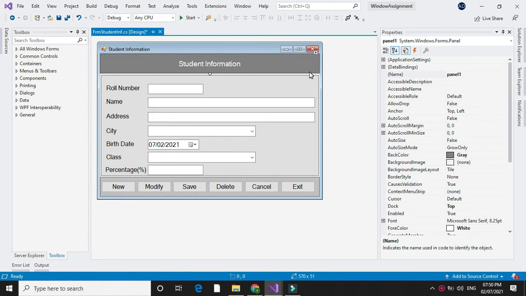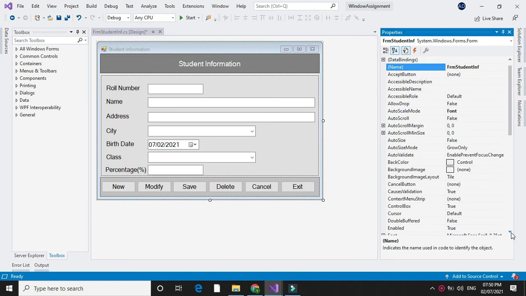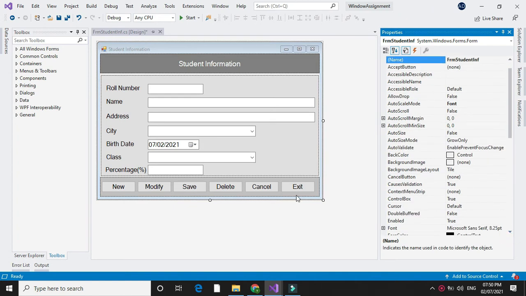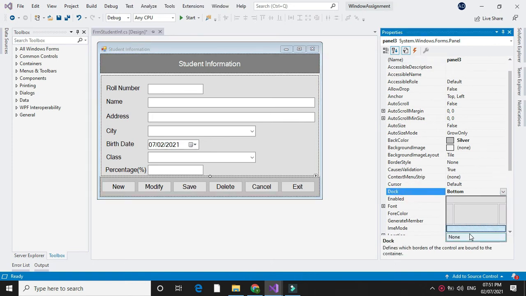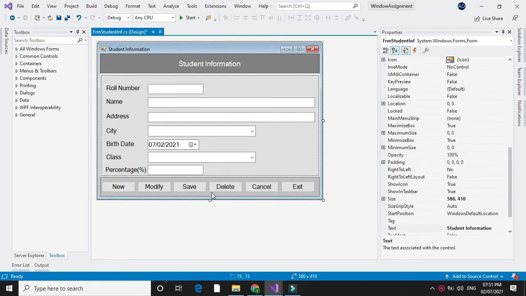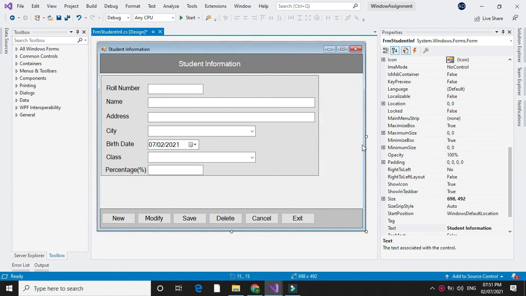Here I have used the Dock property for the first and third panels, which is used to set the position of the panel on the form. I will select this. I have used the Bottom property, so if I increase the form's length, the position of this panel is fixed at the bottom, and if I increase the width of the form, the width of the panel is also automatically increased.